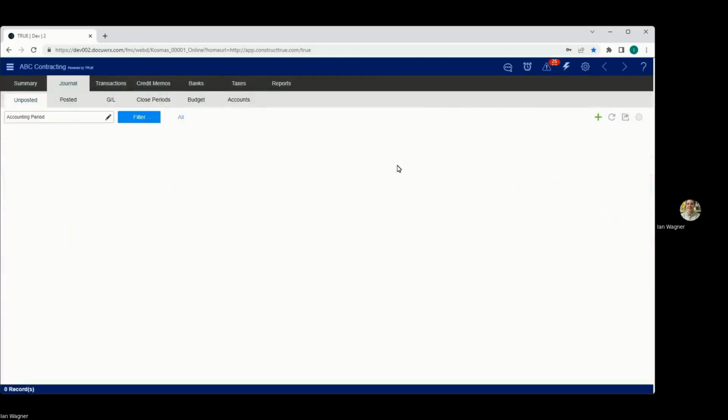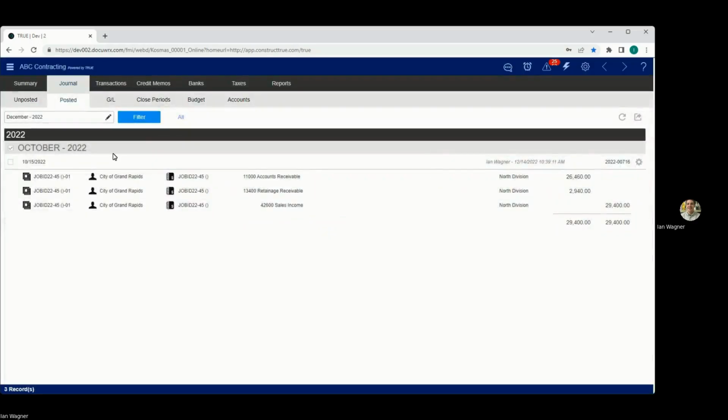Now, rather than going to the posted journal and refiltering the data and refinding that original entry from October, True is going to allow us to utilize our back button here, which will take us back to that original sales entry that occurred in October that we now need to duplicate upon reversing it in November. We now need to add this sale